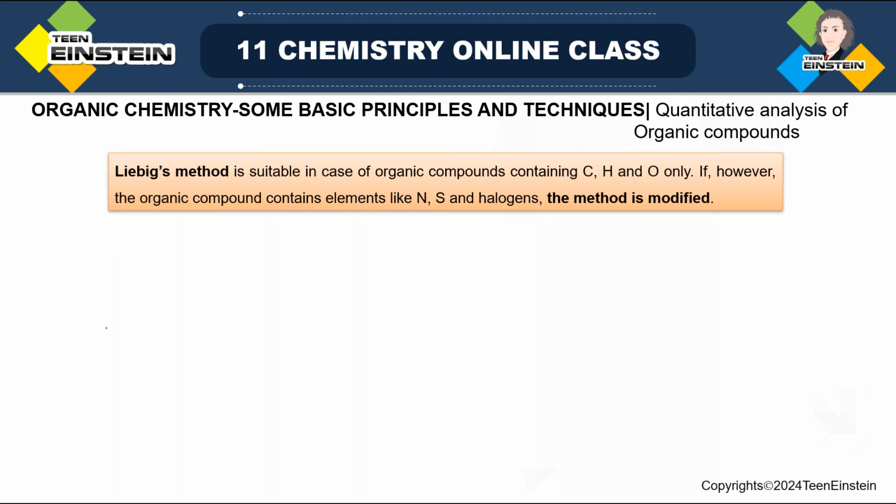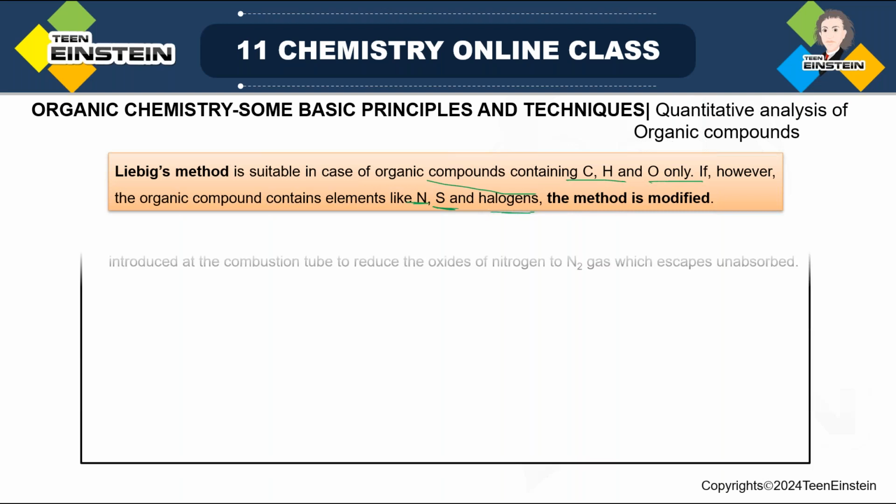and also related problems. So Liebig's method is suitable in case of organic compounds where carbon, hydrogen, oxygen are present. But it may not always be so. There may be some other elements also like nitrogen, sulfur and halogen. When these elements are present, then we have to modify the method slightly. So that we are going to discuss, that when nitrogen, sulfur, halogen is present, how we will modify the Liebig's